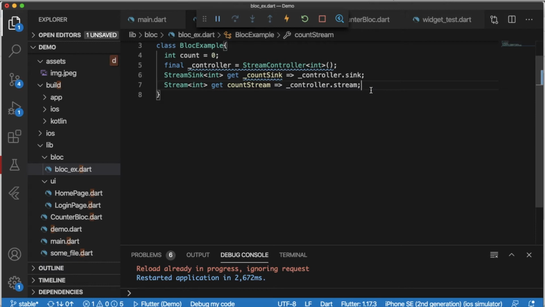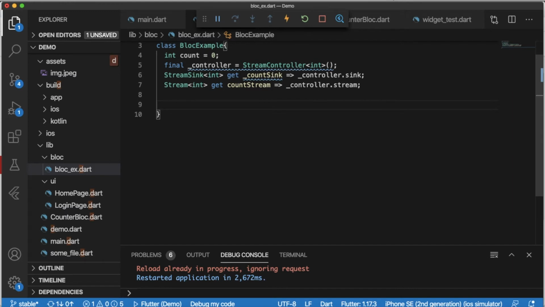As we have discussed in our presentation, every block can have these three components: controller, sync, and stream for every event. So for this block, count will get as an event in this block. So we have created three components.